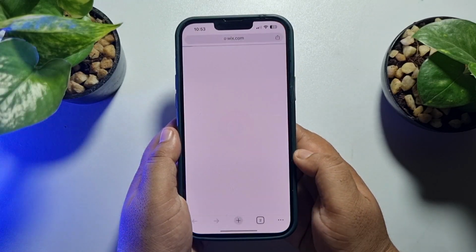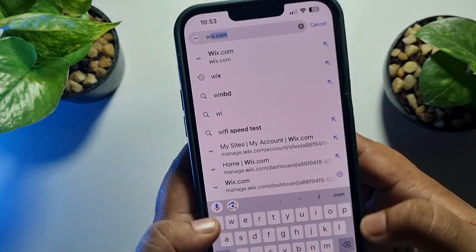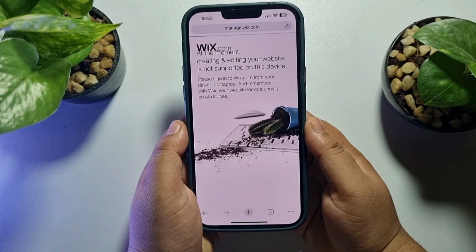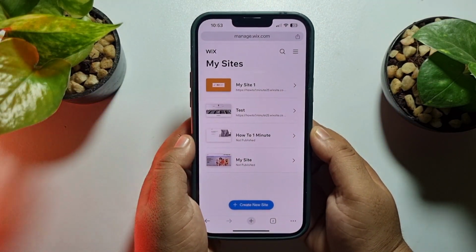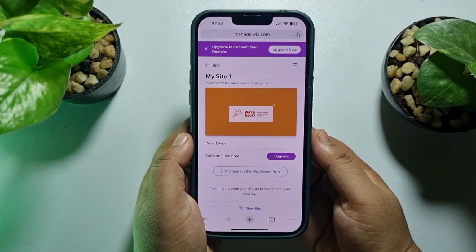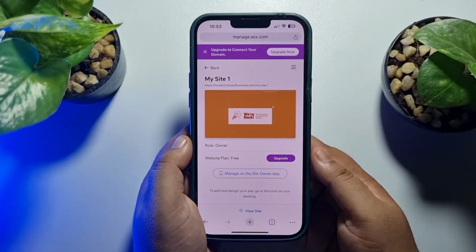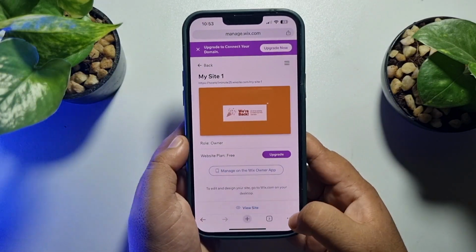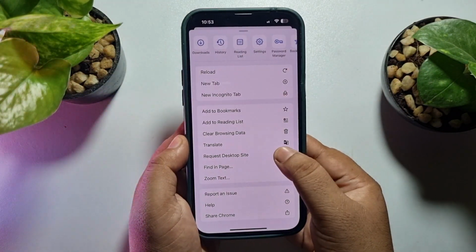So open the Google Chrome browser and open wix.com, and sign into your Wix account, and then select the website which you want to unpublish. And now we have to enable desktop view. So tap on these three dots and enable desktop site,